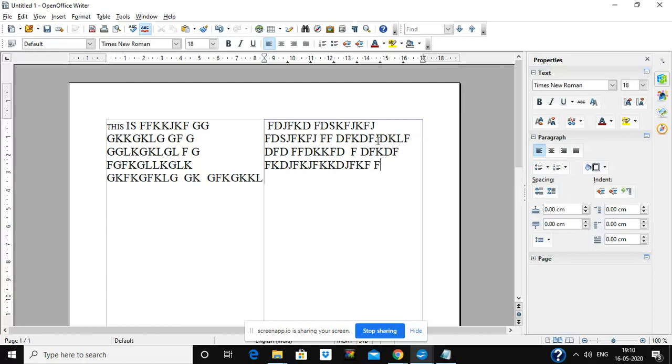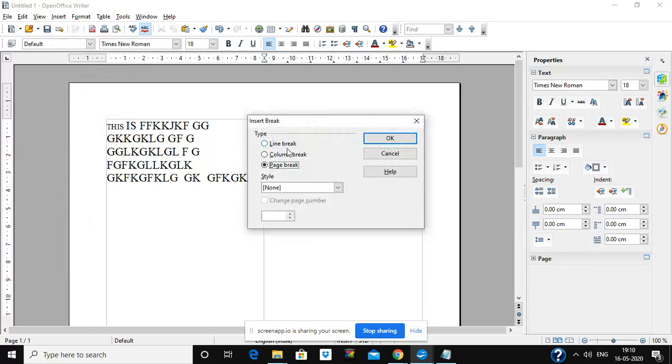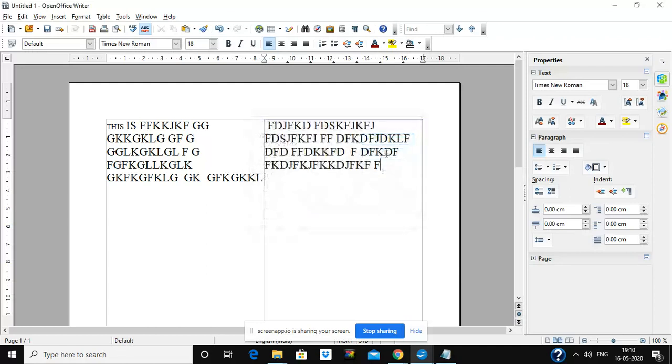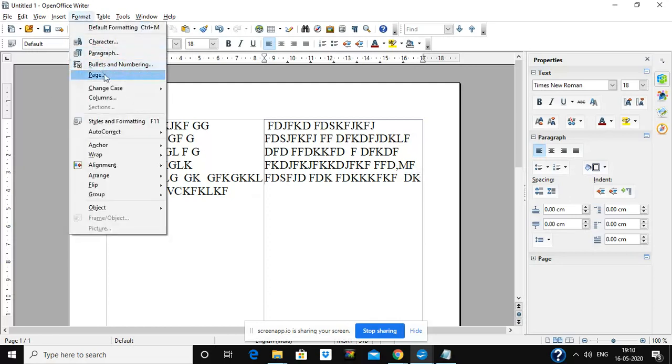Now for the first time, if you are going from first column to second column, you have to click on insert, manual break, column break. But after that, if you want to go to first column or second column, if you want to switch between columns, you can simply click the mouse and move between different columns. So this is how you can write in different columns in a page. Like you might have seen, newspaper style articles are written in column style. That you can do by using this option by going through format columns.